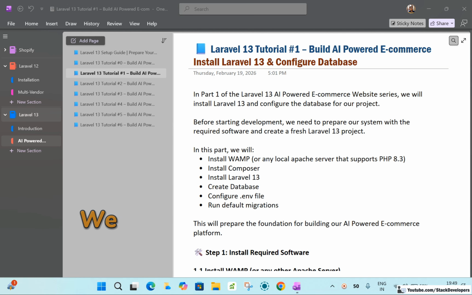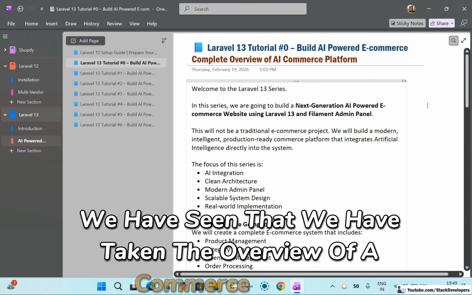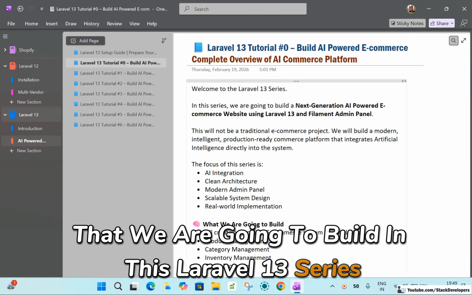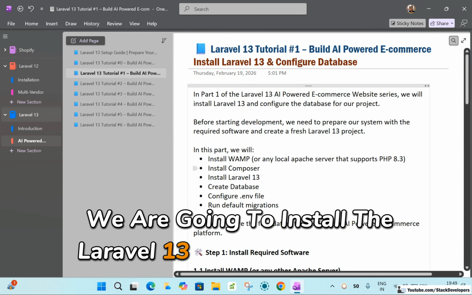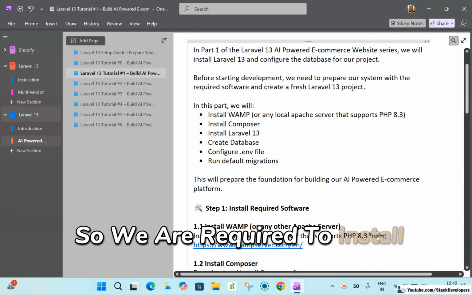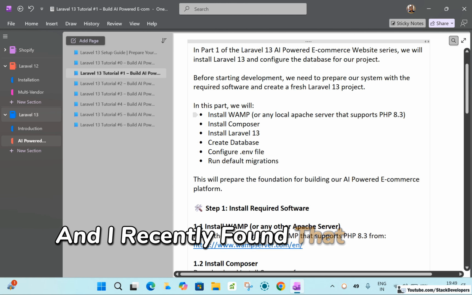In the last part we took an overview of the AI commerce platform that we are going to build in this Laravel 13 series, and in this part we are going to install Laravel 13 and configure the database. So we are required to install an Apache server, and I recently found that WAMP